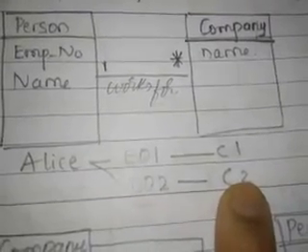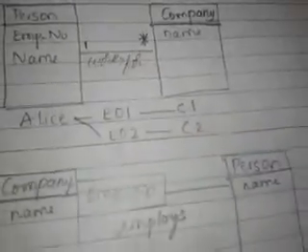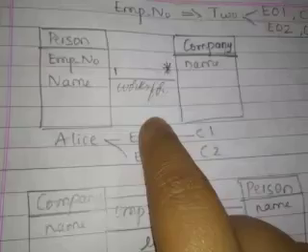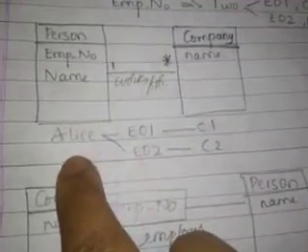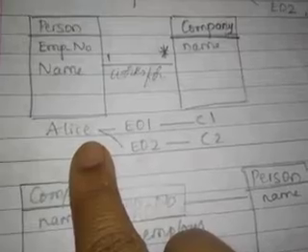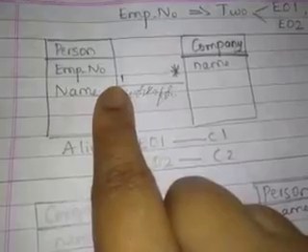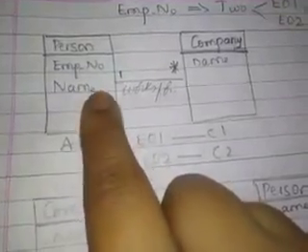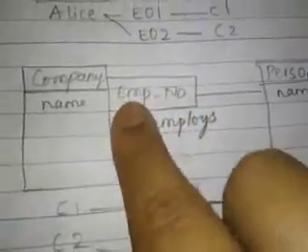Okay, now it becomes problematic for me to identify someone uniquely depending upon the employment number, because in one company there can be more than one Alice, right? The same person name can be shared by any number of people. In our class itself we have many students with the same name, right? So this model is wrong, because this employment number is not unique here. So instead of making it an attribute here, it is better that we make it a qualifier.